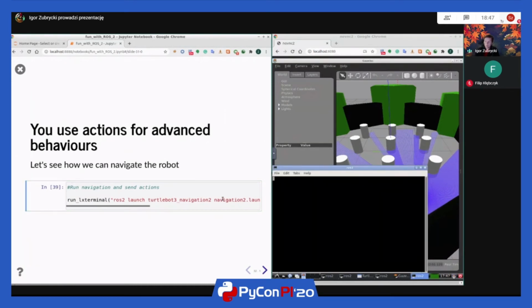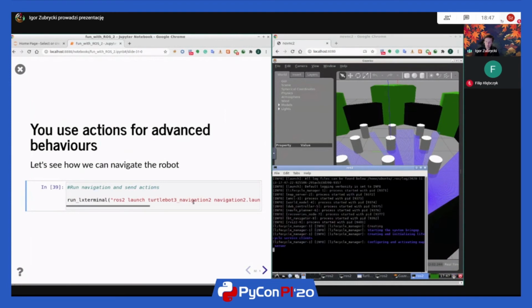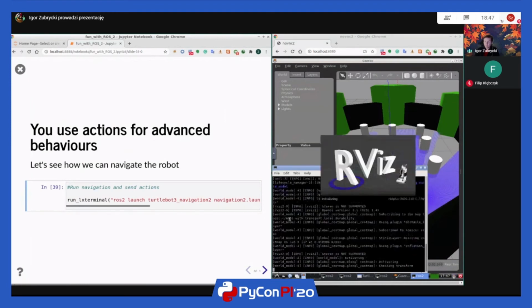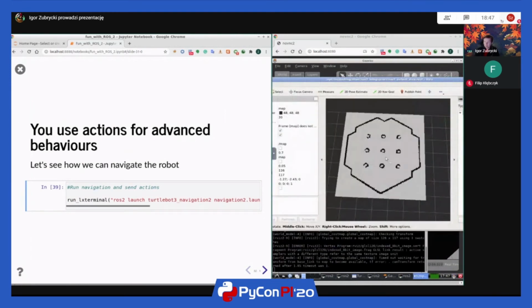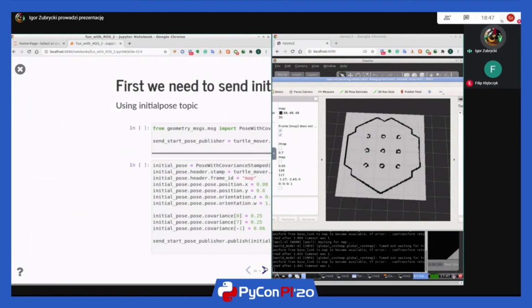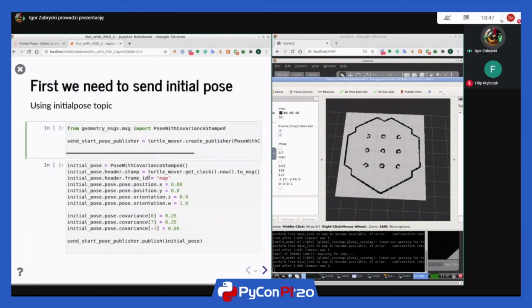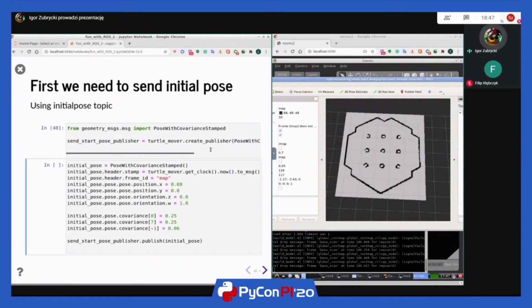So I'm starting right now the so-called navigation node. It is a couple of programs. You can see that there is a map. So I loaded the map of the robot. I need to initialize this. So I initialize this navigation by providing the robot with its approximate position. So what I'm doing right now is that I'm just sending: you are probably around here. And when I do that,